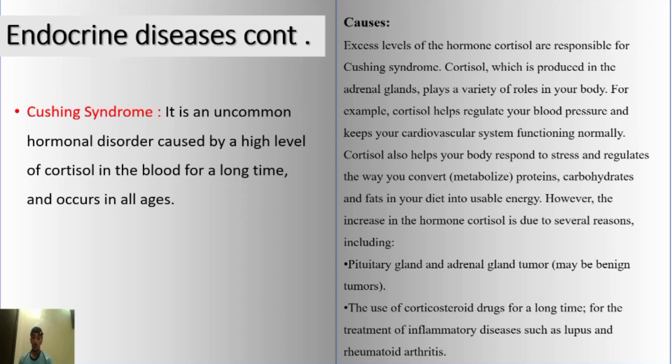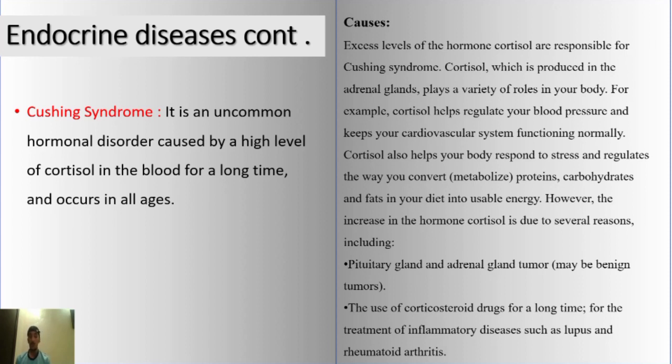For example, cortisol helps regulate your blood pressure and keeps your cardiovascular system functioning normally. Cortisol also helps your body respond to stress and regulates the way you metabolize protein, carbohydrates, and fats in your diet into usable energy. However, the increase in the hormone cortisol is due to several reasons, including the pituitary gland and adrenal gland tumor,